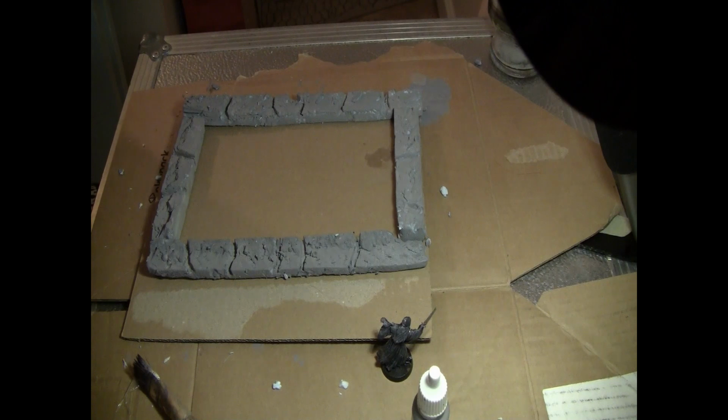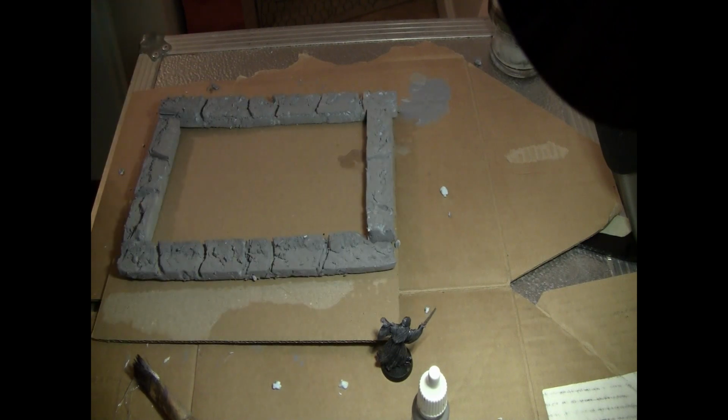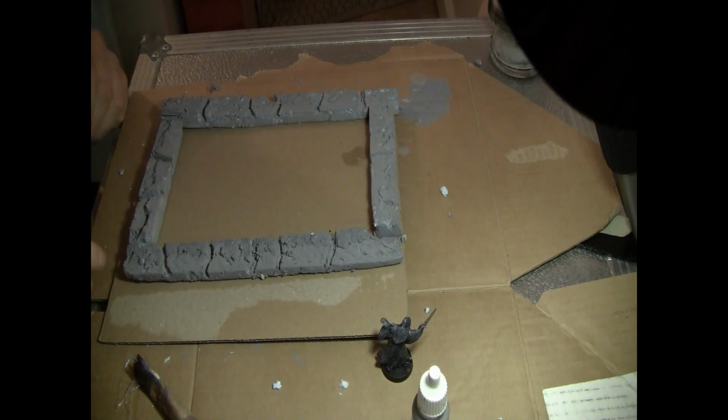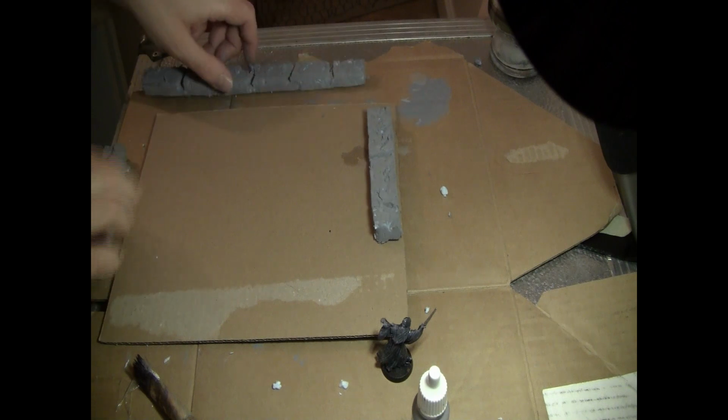To begin with, I actually thought that I would make the entire floor of the building of the same material, but both because it was quite time consuming to do, and to try some different materials, see how they work together and so on, I decided to just make an easy floor out of a piece of cardboard. So I will just glue these to the cardboard here